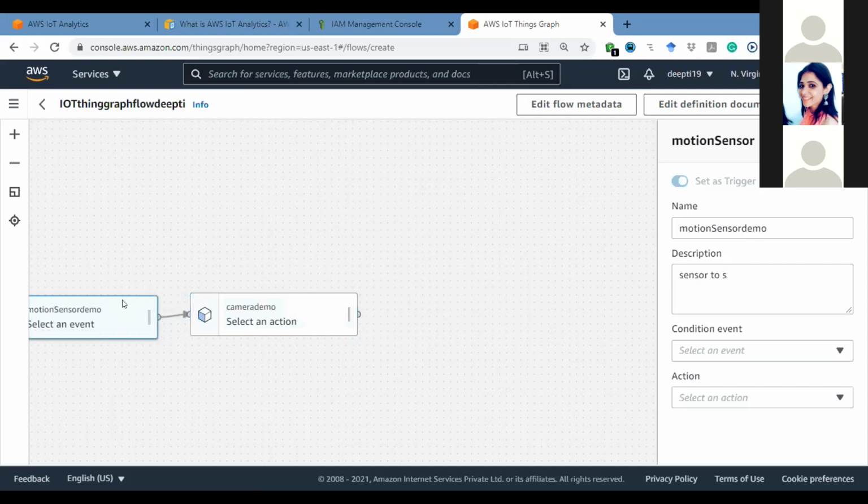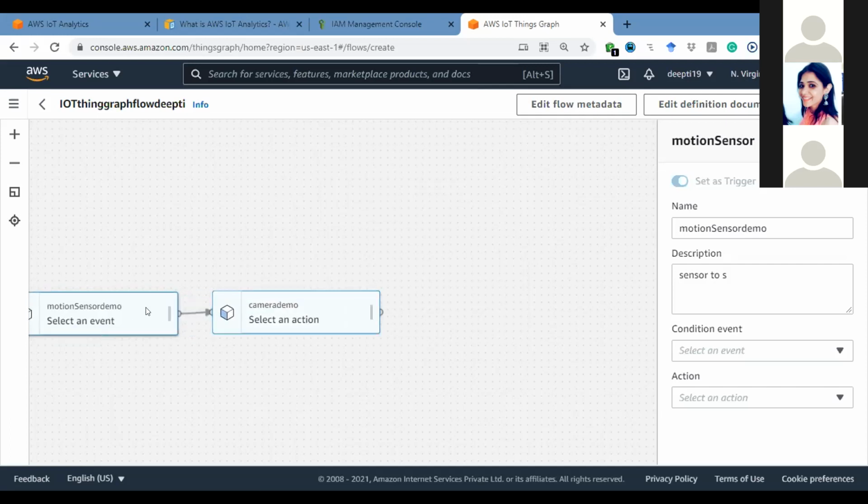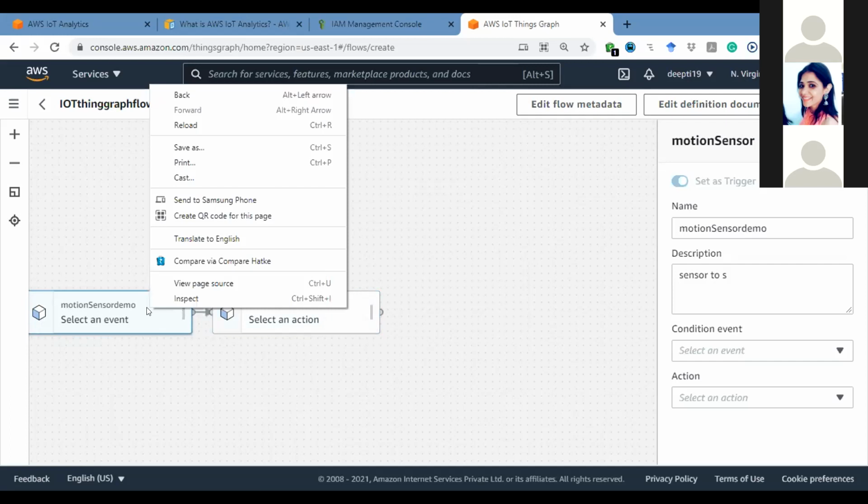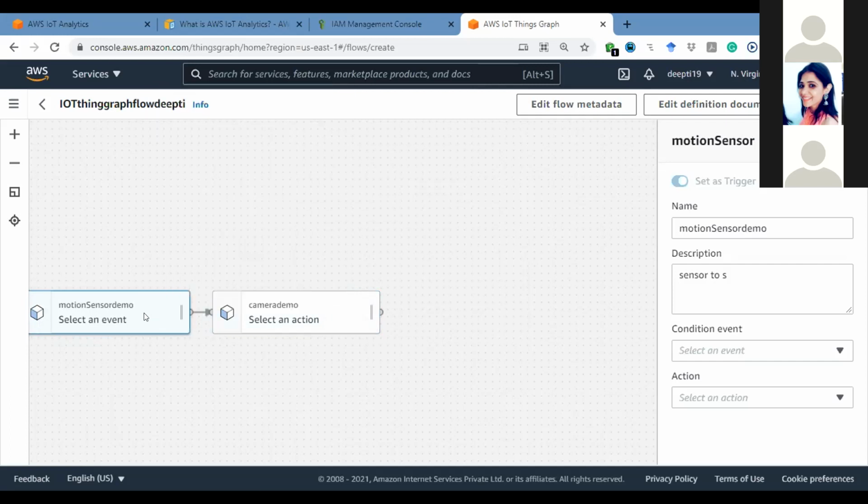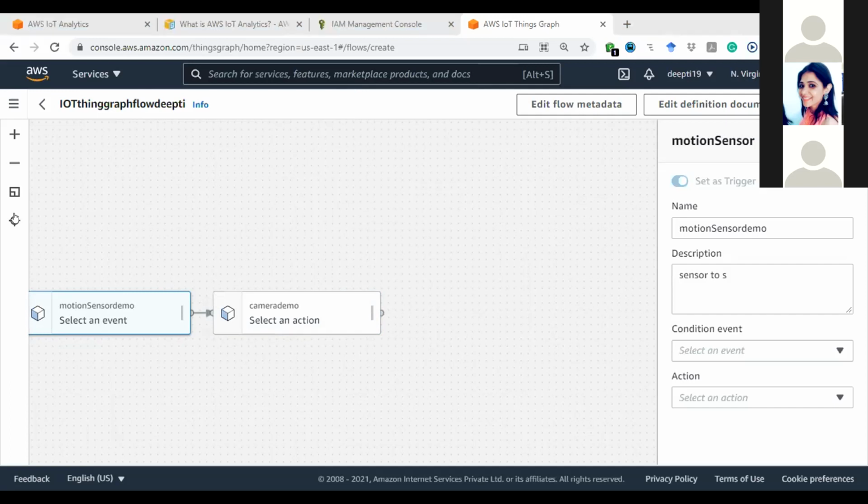Take a head so that it can be visible and reduce the size. Select this icon and see whether you can reduce the size of the box. No, not in that way. You can just expand it. Click on fit to view. You can see this option plus minus.